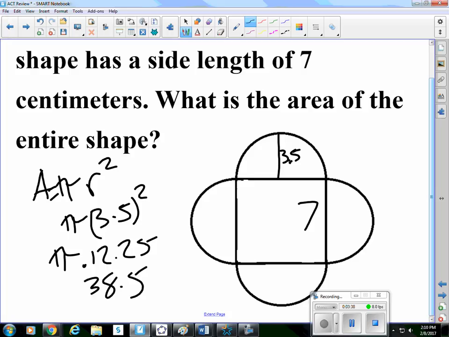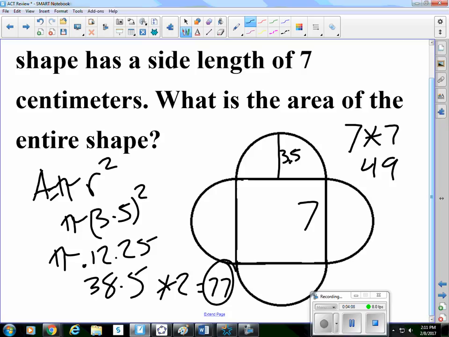There's 2 circles like that. That's just for one circle. So if I multiply that by 2, I get 77 if I use 38.5. Well, plus I have the square, which is 7 times 7, so an area of 49. So I have a 77 for the circles and 49 for the square, so altogether I have